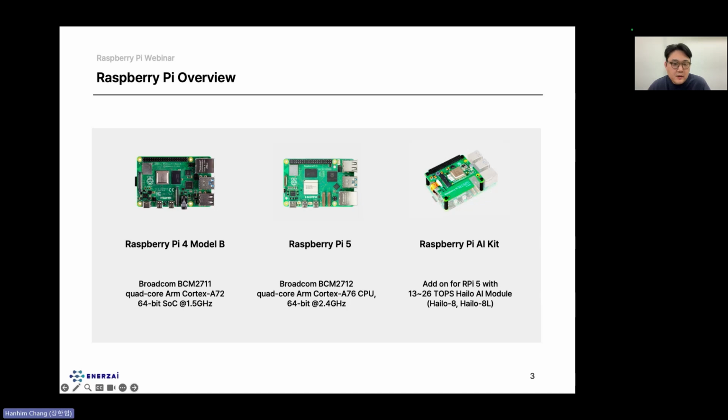Then when Raspberry Pi 5 was released last year, our focus totally shifted to this board for the purpose of testing AI models, since it almost doubled the performance of Raspberry Pi 4. Raspberry Pi 5 has a quad-core CPU based on Cortex A76 architecture, operating at 2.4 gigahertz.